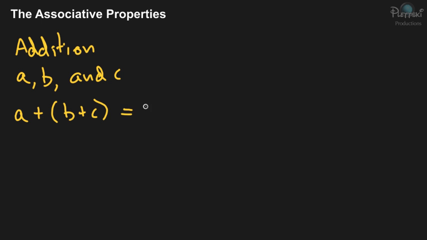The associative property of addition says that for any numbers, let's say A, B, and C, you can have this statement be true: A plus, in parentheses, B plus C, is equal to A plus B in parentheses, plus C. So what this is saying is, if you go back to the order of operations, you do